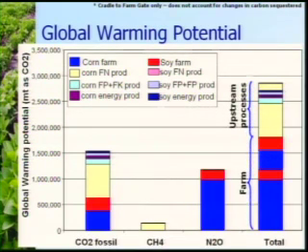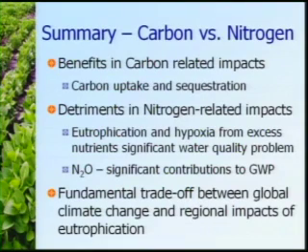So we have a large amount of the global warming from the farm, but there's also a lot from these upstream processes that are very important that we can't neglect. And that's what, by doing a life cycle assessment, you incorporate those upstream processes as well. And again, it's predominantly from the manufacture of nitrogen fertilizer. So if we summarize and compare 2 different things here, carbon versus nitrogen, there are a lot of benefits to